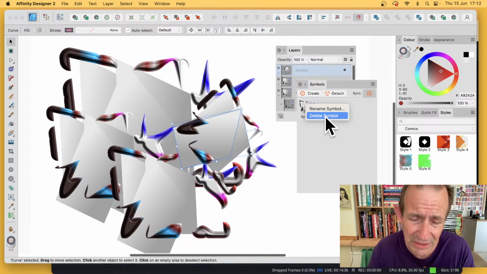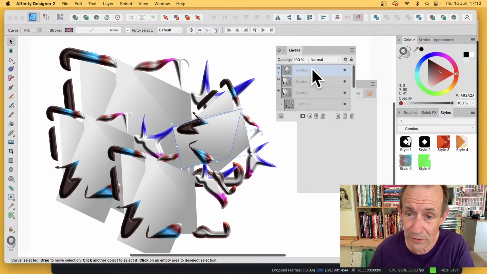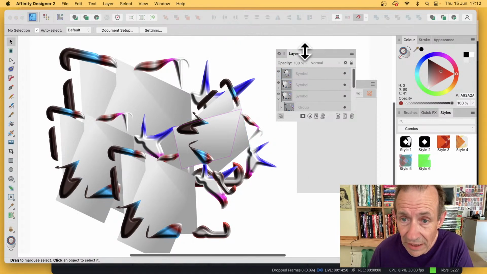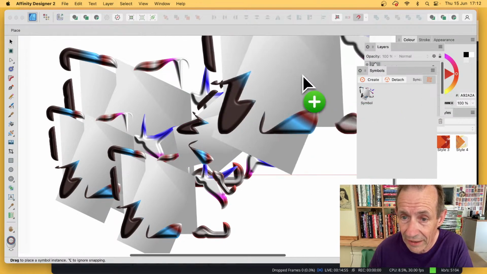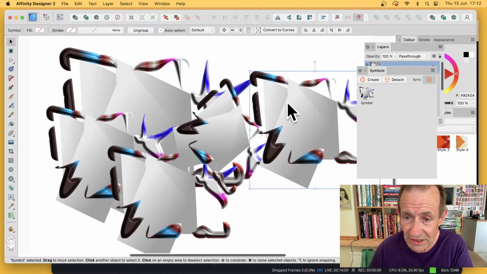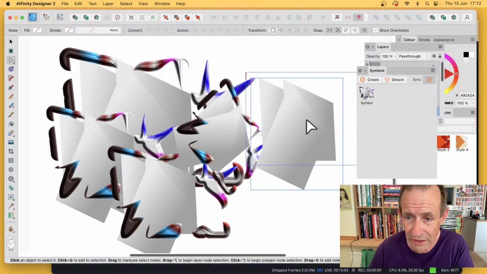Very odd missing command. I think that duplicate should be there. Don't know why it isn't. But of course, the workaround is you simply just go over here, you've got your symbol, and just drag it over here, and obviously create it. Let's just make certain you can actually do that: symbol, drag it from here, I should say, drag, not from the layers. So you've got this design, make certain you expand it, so convert to curves,